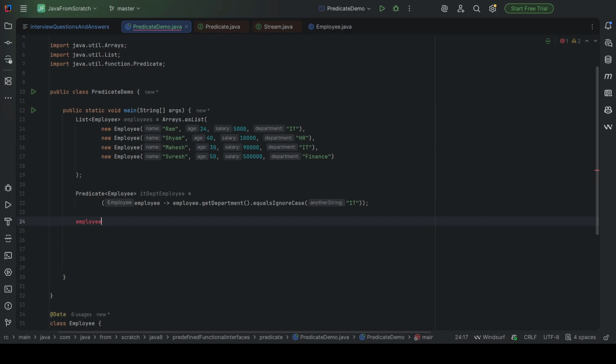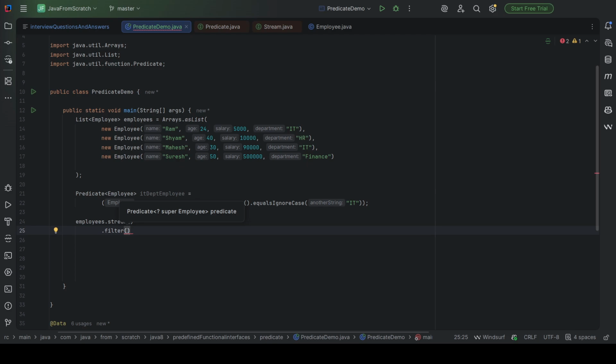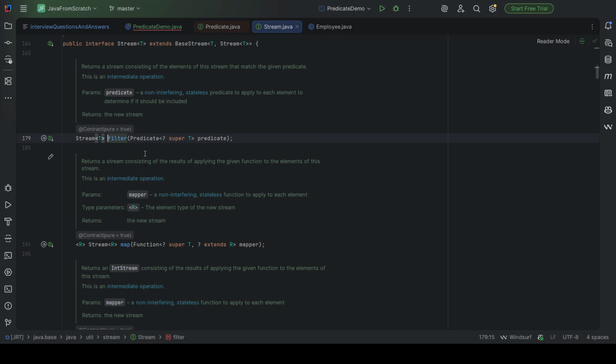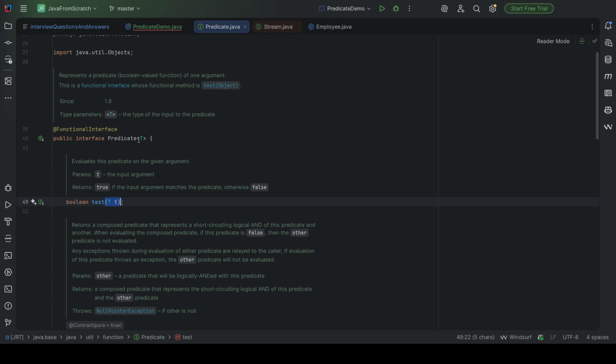employees.stream. We need to open the stream for it. Then we need to call filter, to filter out those employees who belong to IT. For doing this operation we need to use filter. This filter is an intermediate operation, and it takes Predicate as the functional interface.